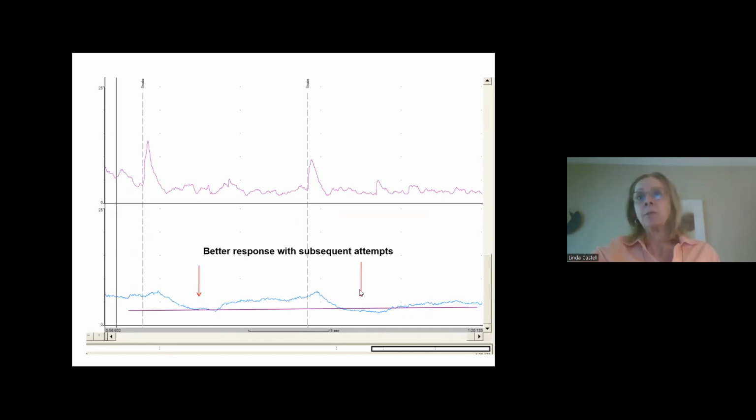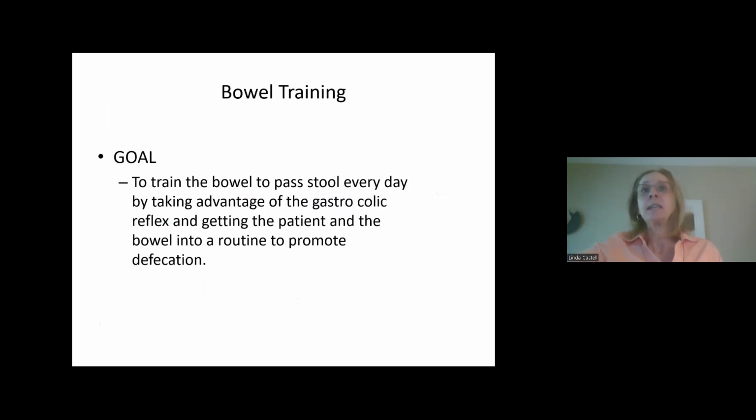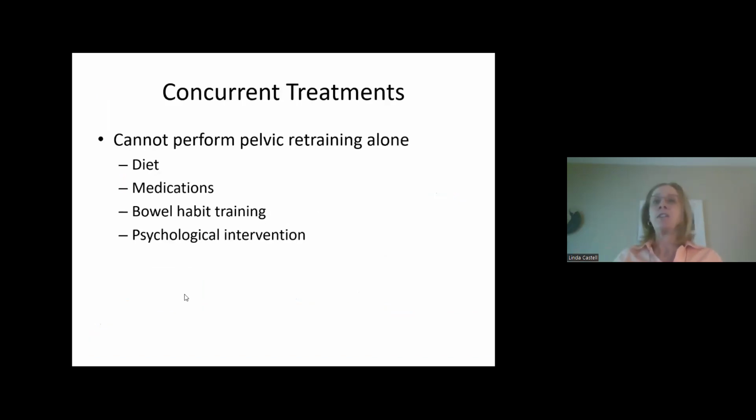With this response, it got better and better with subsequent attempts. It got lower and lower and lower, but you have to be patient. It takes a long time for these patients to get better. It's a hard thing to teach them to relax that muscle. Just as I mentioned before, a lot of other measures have to be done in addition to the